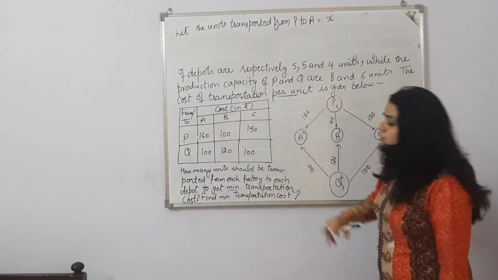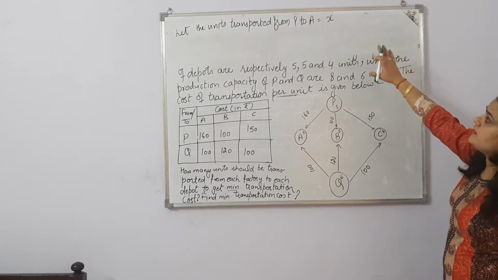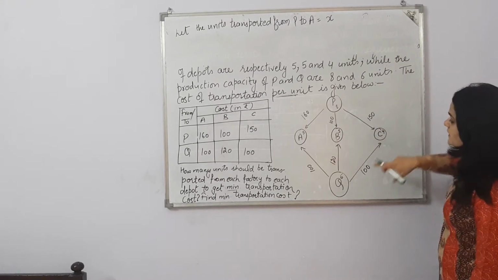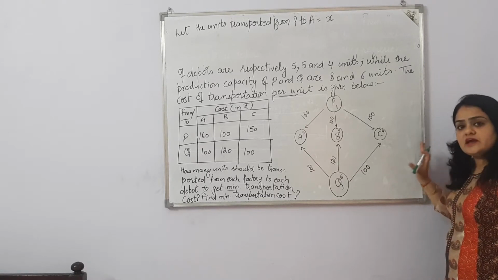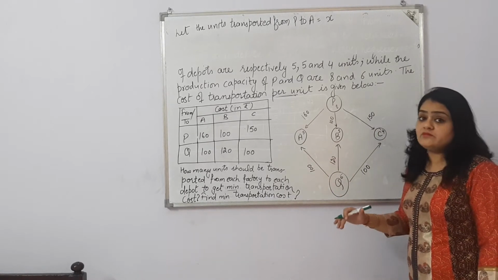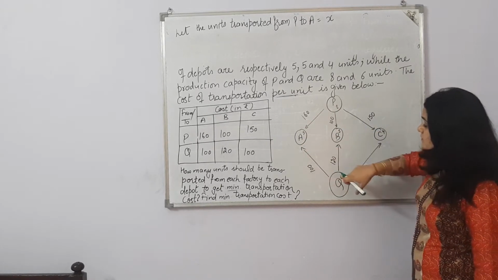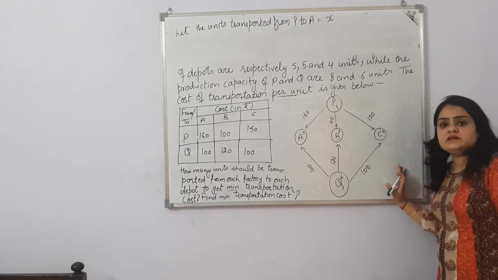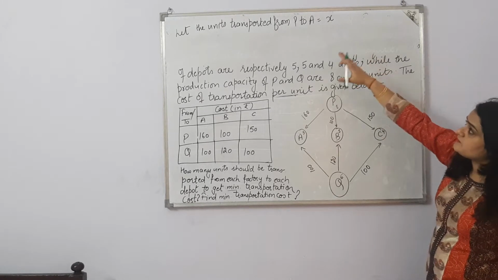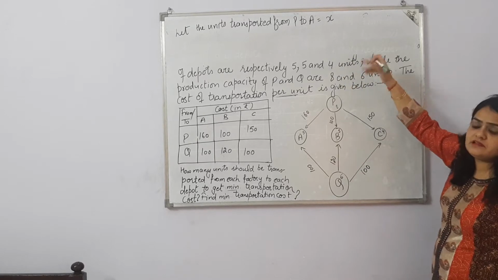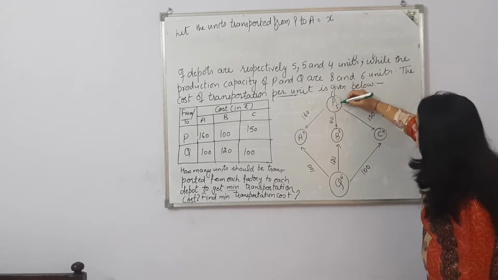Now we have the units transported from P to A x, P to B y, P to C z, then Q to A, Q to B, Q to C. In that case, if we do this very question by taking different variables, then we should have 6 variables: P to A x, P to B y, P to C z, then it can be A, B and C. So we can take 6 variables. The question will become difficult. So in case of taking x and y, the units from x, y, z or a, b, c, different 6 variables, I am taking the total units available as 8.